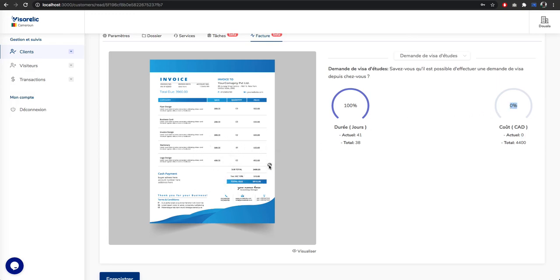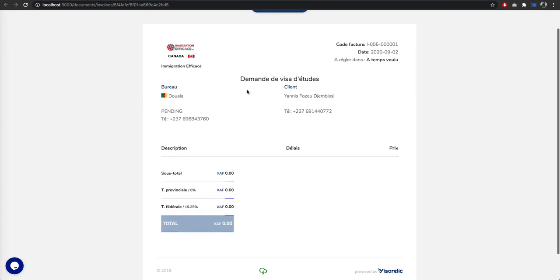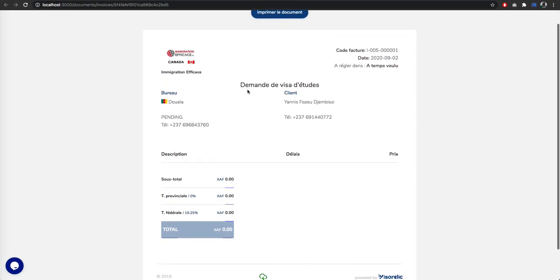This one is just a template image that I use, but if you want to get access to the invoice, we just have to click here. As you see, there's nothing right now, so his invoice is supposed to be empty. It's just loading. I have to add something there. Okay, as you can see, we have a customized invoice.